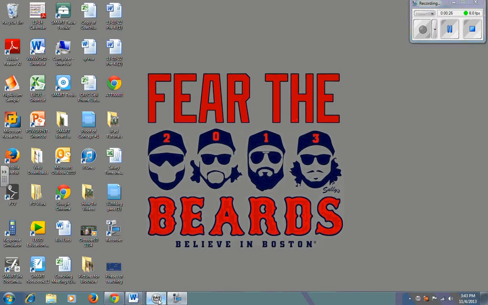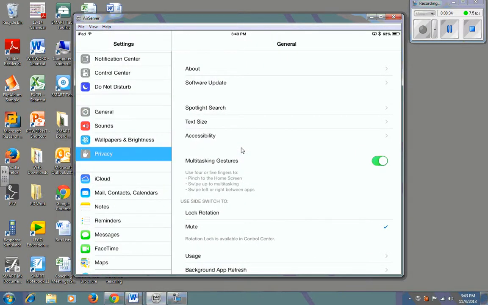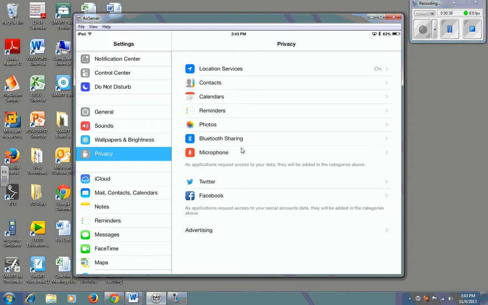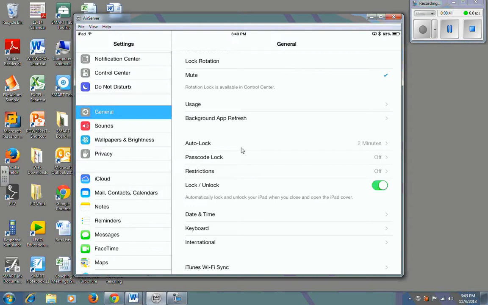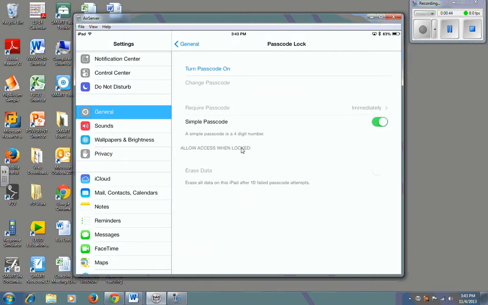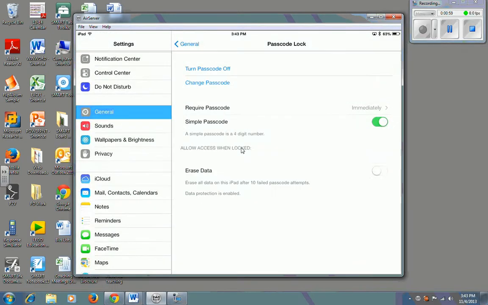So anyway, we bring up the iPad screen here, and I'm just going to go over to settings. When I click on settings, you'd think I'd go to privacy, which is what I thought earlier, but it's not that. You go to general, and when you scroll down in general, you get to passcode lock, and passcode lock is important. So you click on passcode lock turned on, and I'm just going to do a simple one. I will do something like 4582,